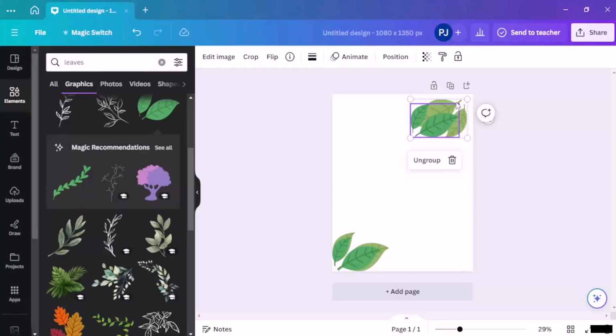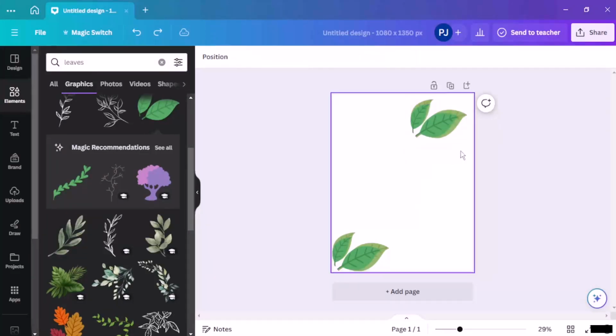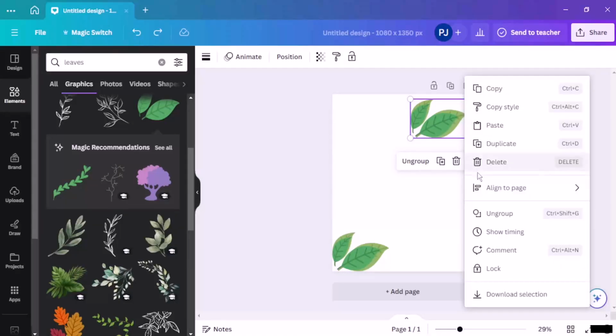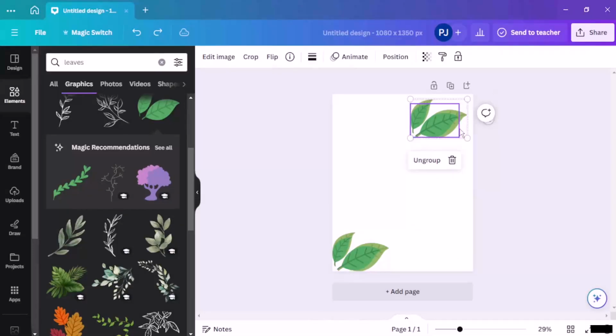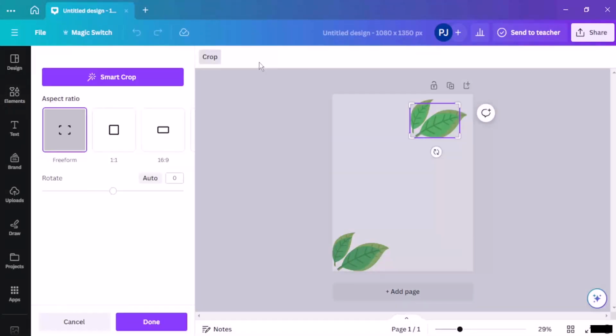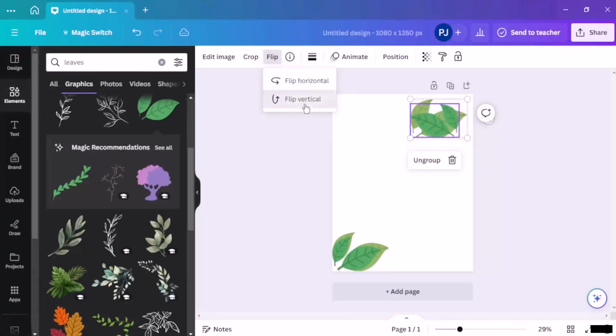And I'm going to press Control Z first. Then I'm going to select all of them at the same time. Click on this, and when you see that this is grouped up, it cannot be flipped like that. So what you have to do is do them individually. I'm going to click on crop, maybe, if you want to. But first thing I'm going to do is flip,